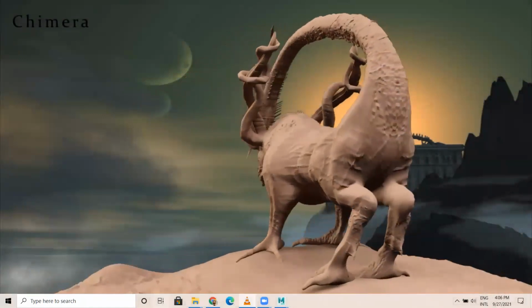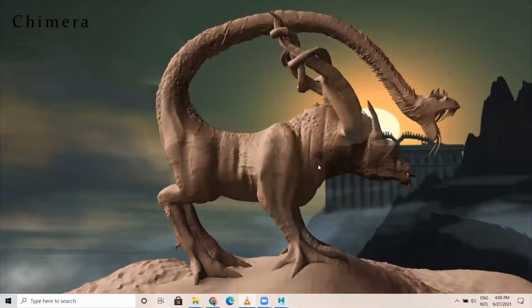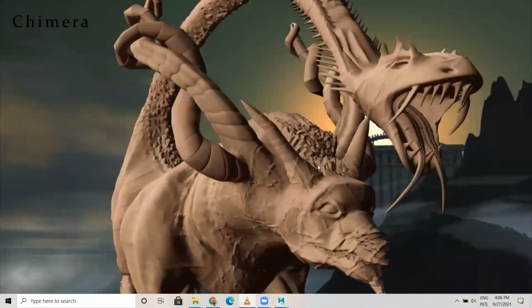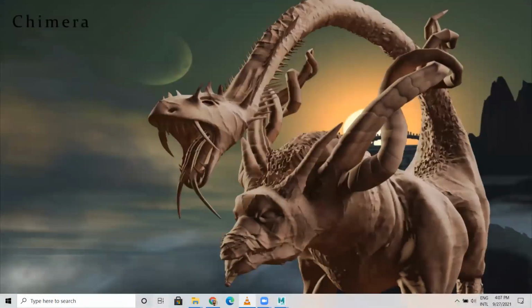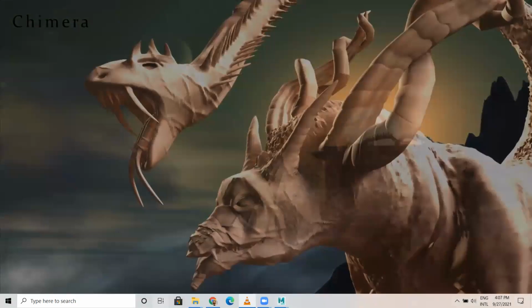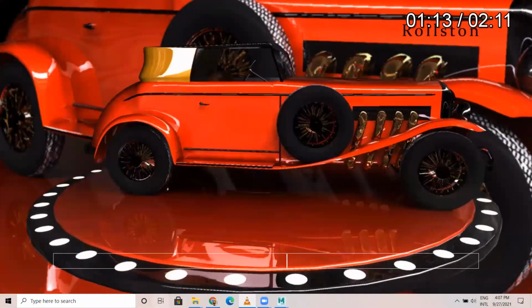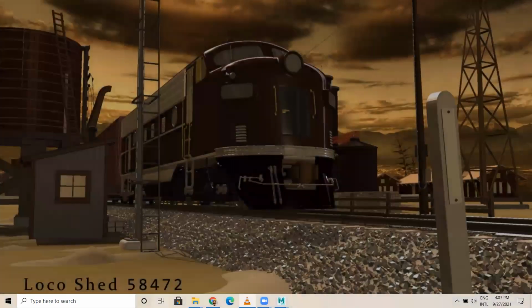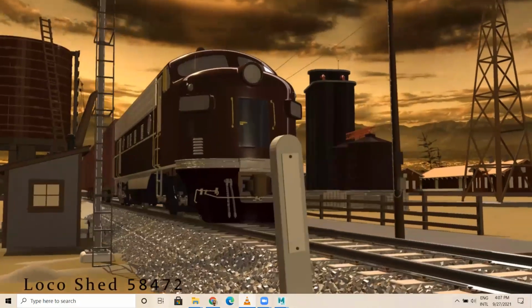I have used ZBrush for this detailing and all. Even you guys can try. This is a complete exterior setup.